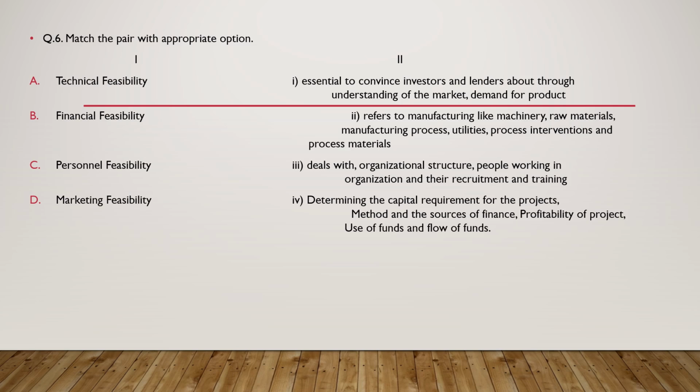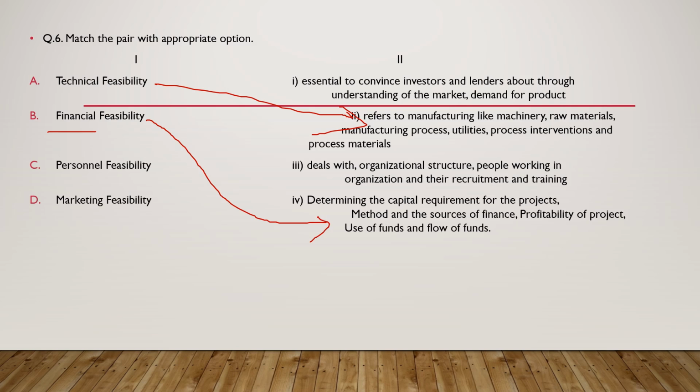Now read carefully. Technical feasibility. Technical is related with the manufacturing process. So where is the manufacturing process? Here it is. Technical feasibility means machinery, raw material, utilities, processes, etc. Now financial will be related with capital or funds, etc. So see here, determining capital